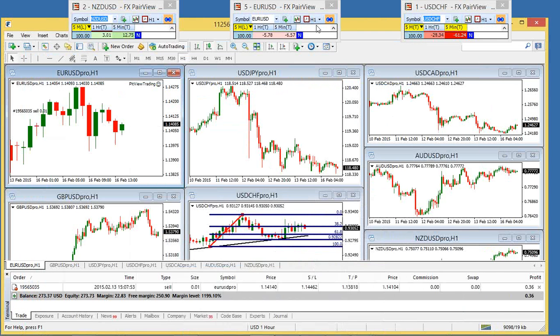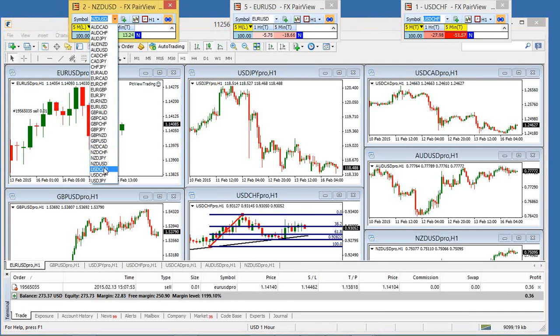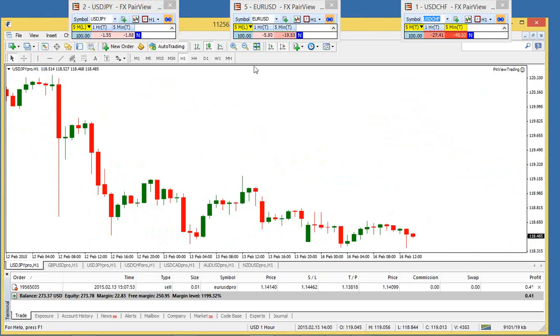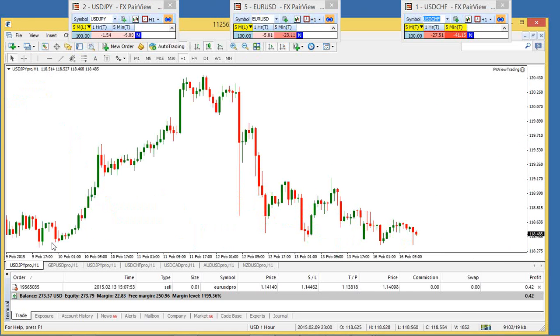What am I saying here? Let me go ahead and I'll change this up here to dollar yen so we can see it. Whoops, that's not dollar yen. There we go. Dollar yen, when we look at that over the long term, see, we have this nice spike